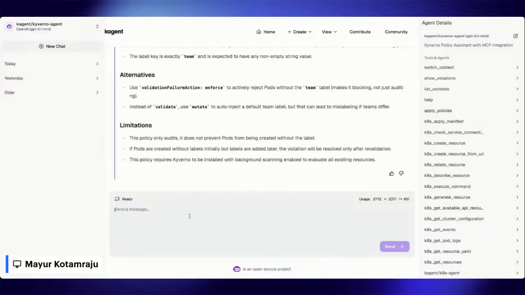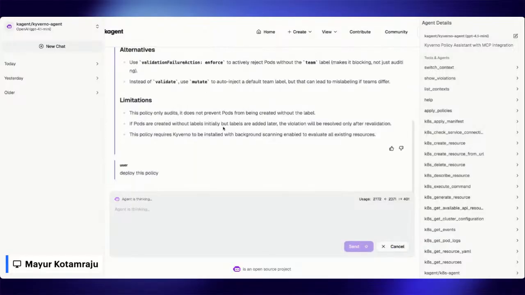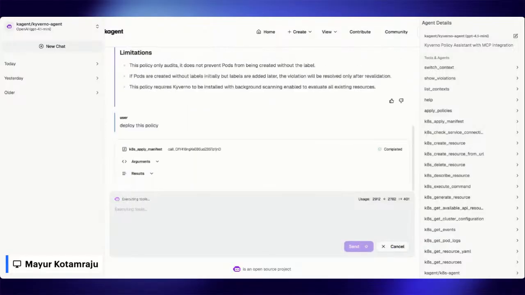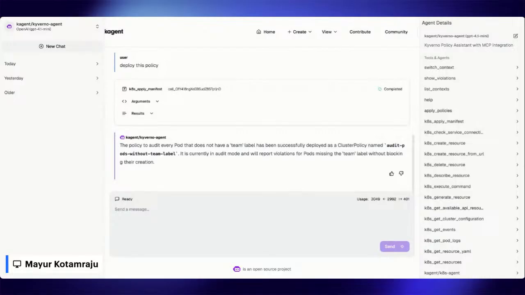So let me just go ahead and say deploy this policy. Okay, cool. So what just happened here, because I had run some tests, it got a bit confused. So I just put in a new chat and reran it, and it deployed.